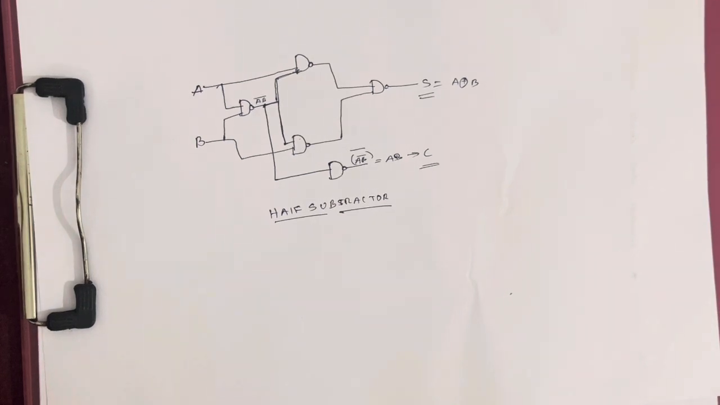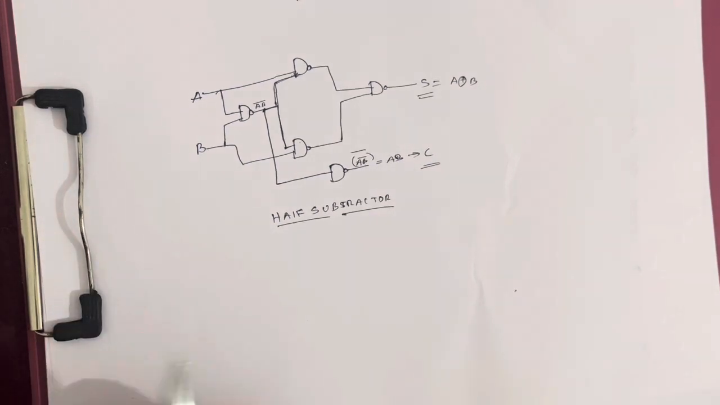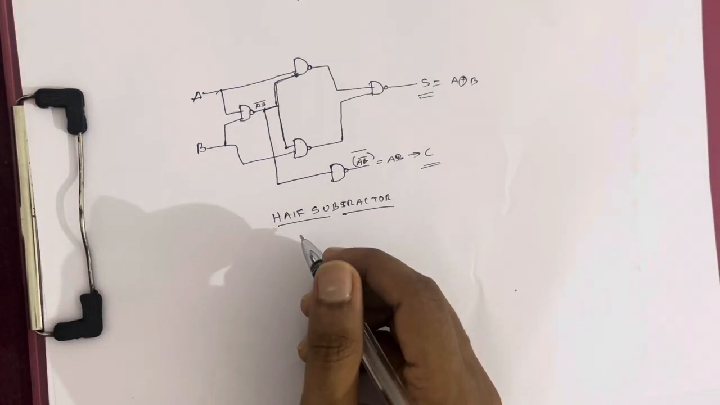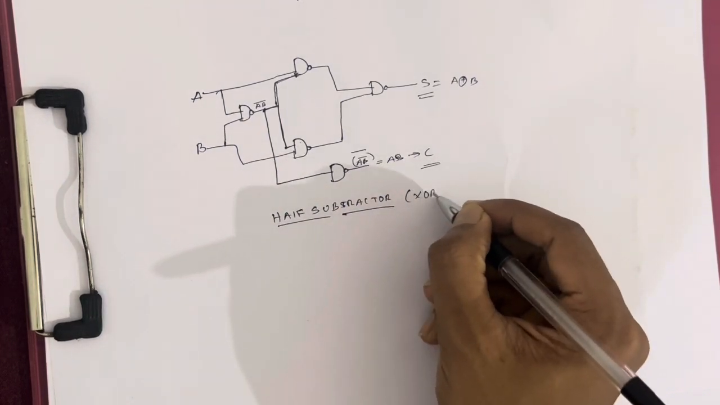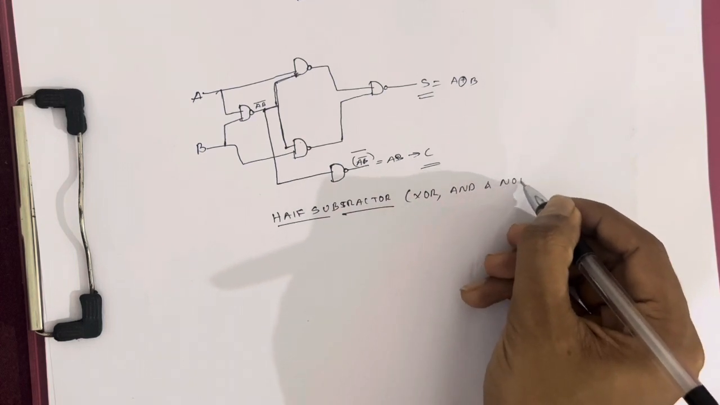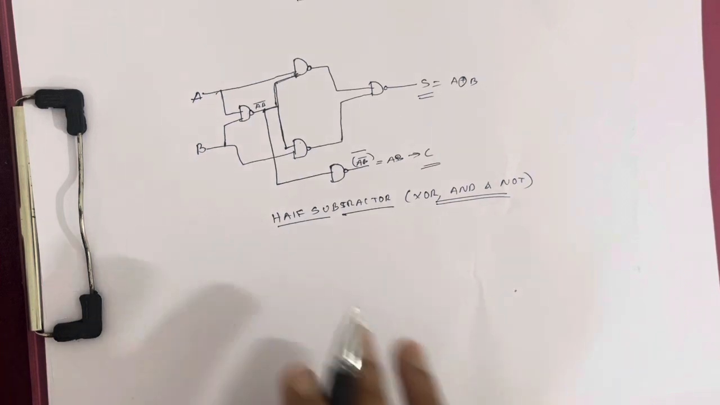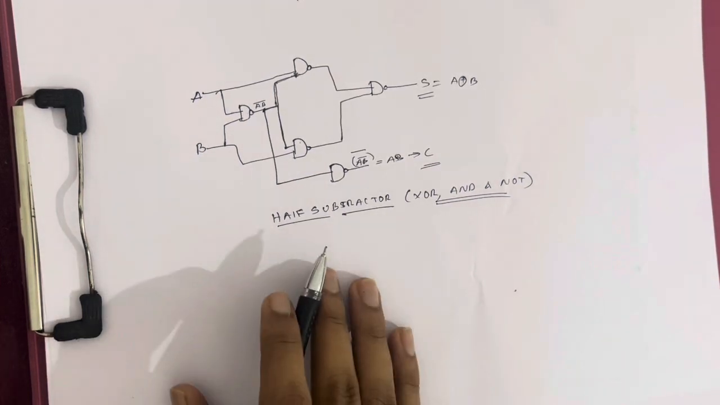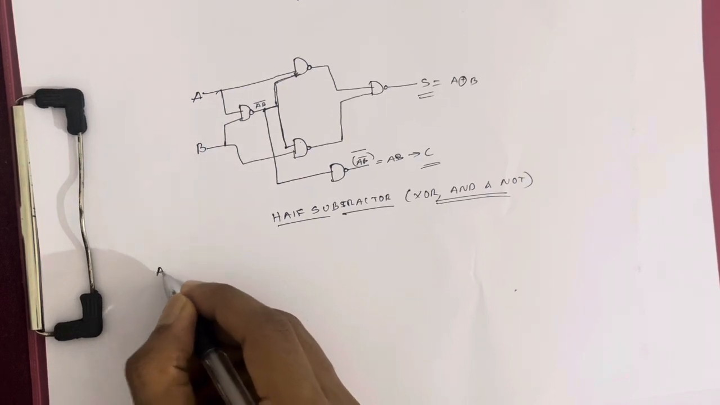So let's study the half subtractor. We already studied the half adder. In the half subtractor, first we will study using the XOR and NOT gates only, which means a normal half subtractor. Now, as I said before, construct the truth table: A, B,